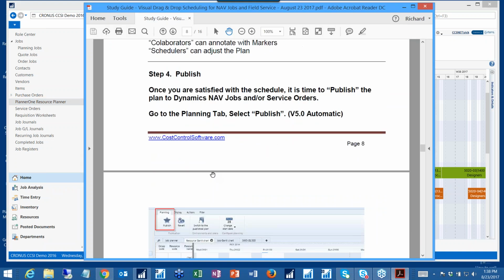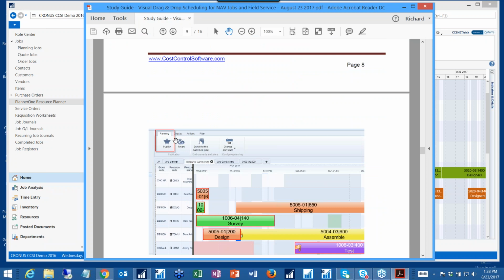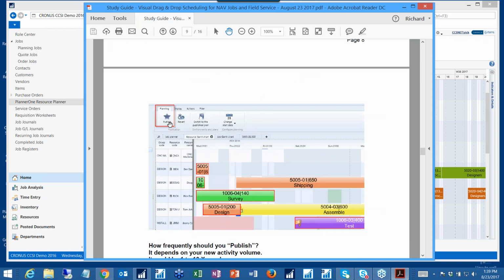I'll show you that here in just a second. So we publish. Oh, there's the example. So right there. And I put these print screens in your study guide so that you can see and follow this process. I'm hoping when you install the software that you will use and rewatch this video to help you with the basics of learning, but there's our advanced course on this on our